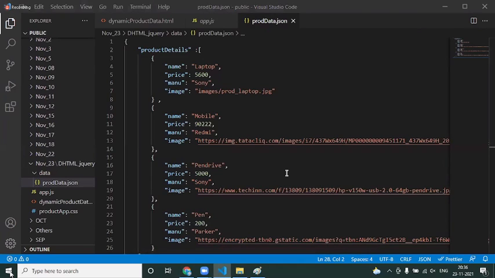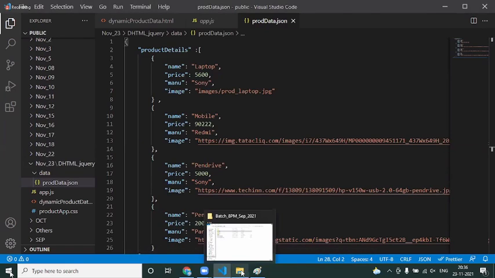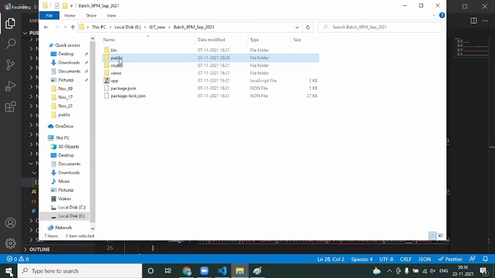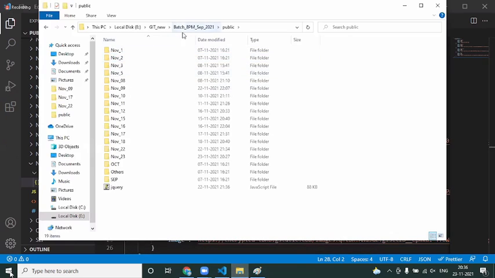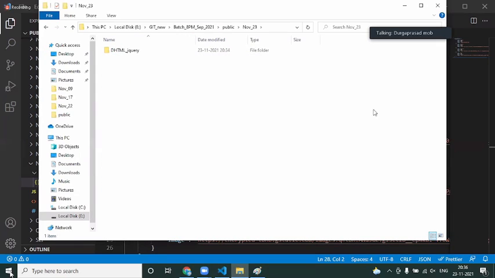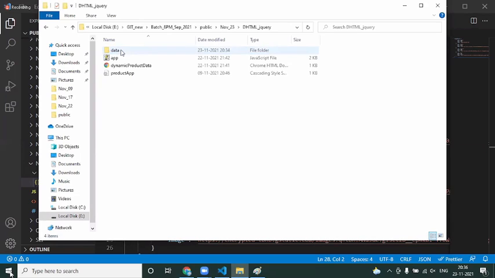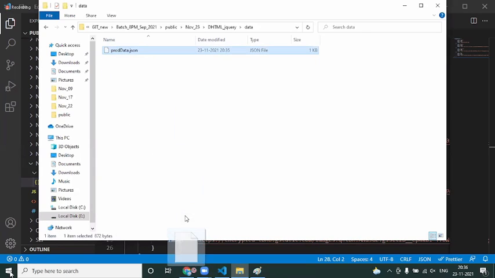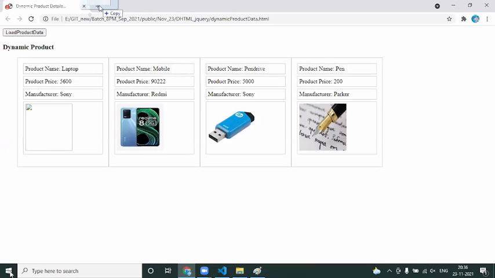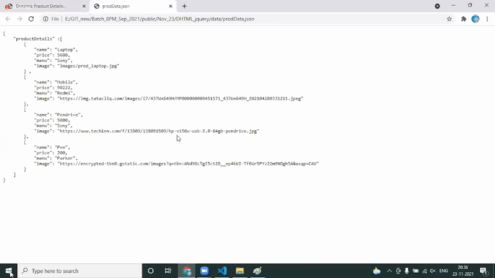Okay, next. Now, what I have done is I just created a simple JSON file here. And one more thing, guys, whenever you are going to work with the Ajax call, for sure, you need to hit that through the server URL. It is not through C drive or D drive. Now, when I open this data file, this is how the URL is going to open.